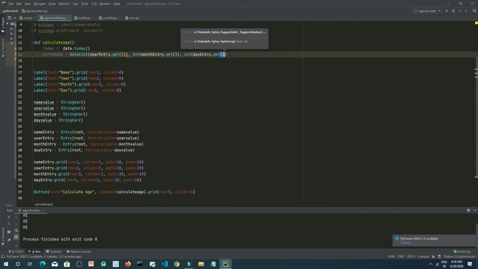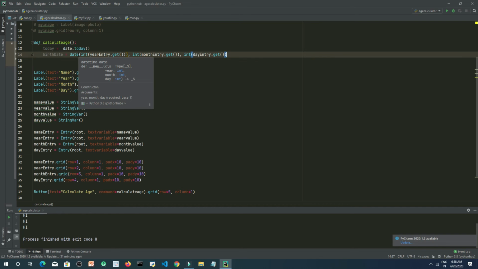We are actually taking these values and converting them to a date using the date method. There is one extra bracket here. So you may have understood now that first we take the year using the dot get method.